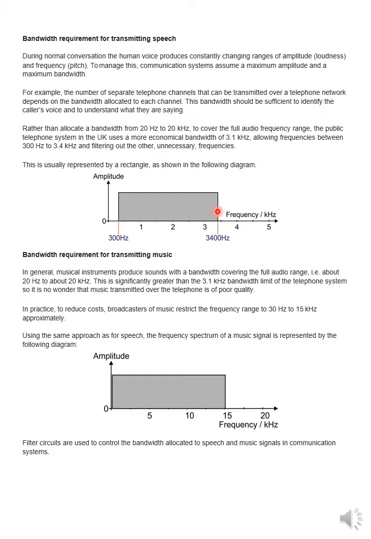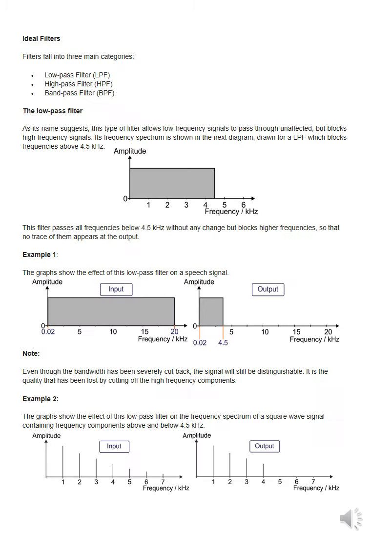So when we are saying that we want to transmit within a particular range, we need to restrict the information to that particular frequency range. So we need a filter. Suppose we want to transmit between 1 to 3 only, then we have to use a filter which goes from 1 to 3 only, and the remaining frequency components it will remove. So this is basically the use of filters.